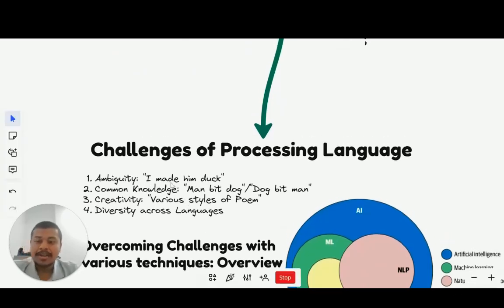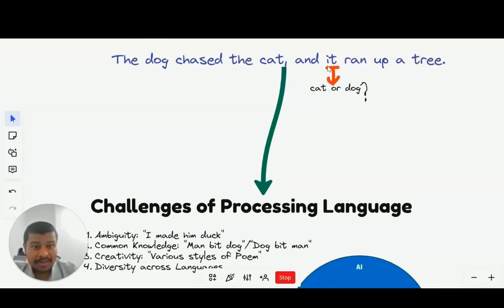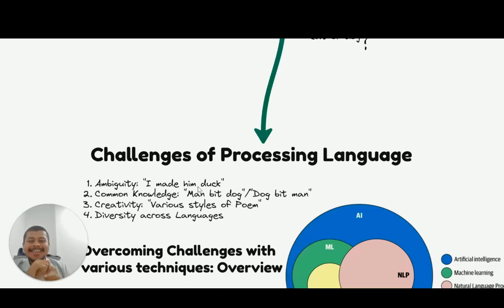Ambiguity meaning a particular sentence can mean a lot of things. For example, like how I said this could be either a cat or a dog, or even this sentence, I made him duck. It could be between, say, a WWE fight between two fighters. Made him duck when giving a punch or something. Or it could be someone playing cricket. Oh, I made him duck in the first ball or something. So the ambiguity lies with the sentence, with where it is being used. So that is one thing.